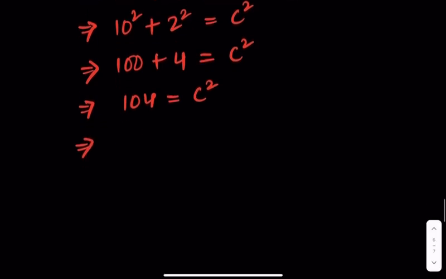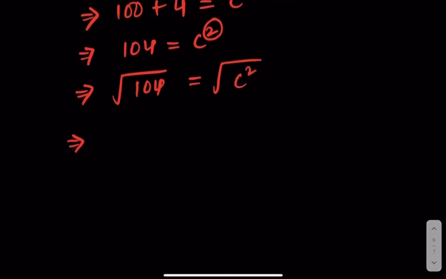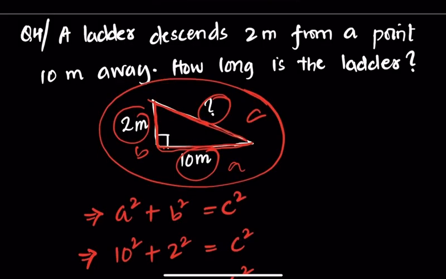So now let's remove this exponent 2 from here by putting a square root on both sides of the equation. So the square root of 104 is equal to the square root of c squared. The square root of 104 is approximately equal to 10.19, equal to, this gets cancelled out, c. So the length of the ladder